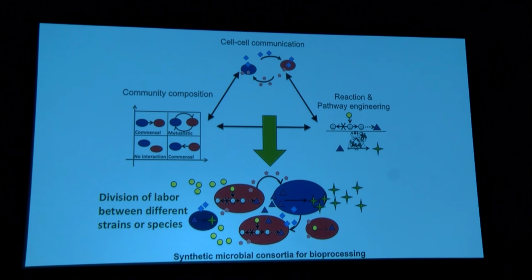I'm going to start by telling you about what my group has done towards engineering cell-cell communication. That's where I started my career. To address cell-cell communication, we take advantage of quorum sensing systems. These systems evolved in bacteria in order to sense and respond to changes in their local gene expression. They are composed of the production of a small molecule and the sensing of a small molecule, and we can decompose those components and rewire them in different types of ways.